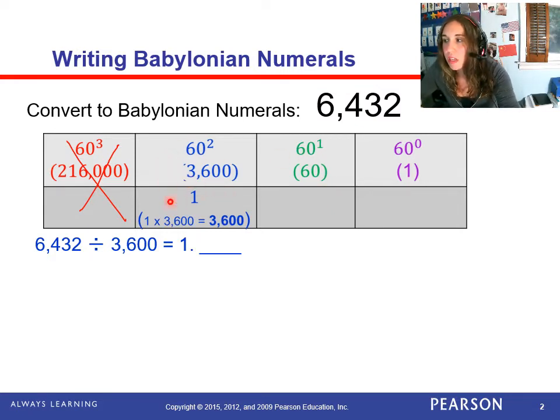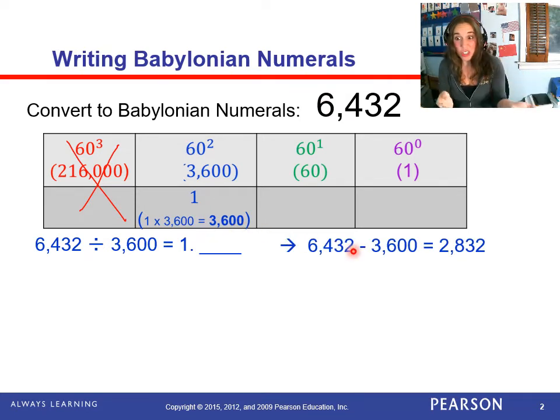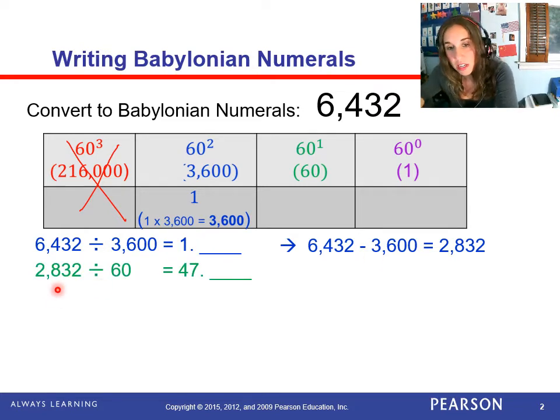So I put my 1 here. And I know that 1 times 3,600 is 3,600. So if I started with 6,432 and I've used 3,600, how much do I have left of this? Again, this is sort of like long division, right? So I'm subtracting off that 3,600 that I've used, and that leaves me with 2,832. So now I need to say to myself, okay, I have 2,832. I'm going to move into my next place value, which is 60 to the first, a value of 60. How many 60s can I fit in 2,832? Well, if I take 2,832 and divide it by 60, I get 47 point something. Okay, so that means I can fit 47 60s